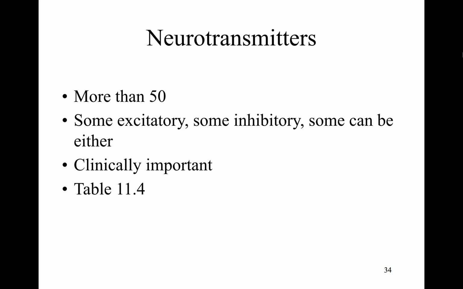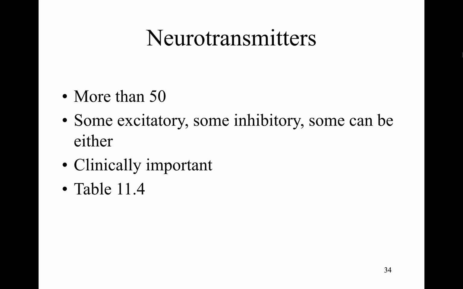So our last topic we have to cover in this lecture is going to be neurotransmitters. Neurotransmitters are those chemical messengers that are released from the axon terminal of a presynaptic neuron, and they're going to diffuse across the synaptic cleft and bind to the postsynaptic neuron in order to elicit a graded potential on that postsynaptic neuron.